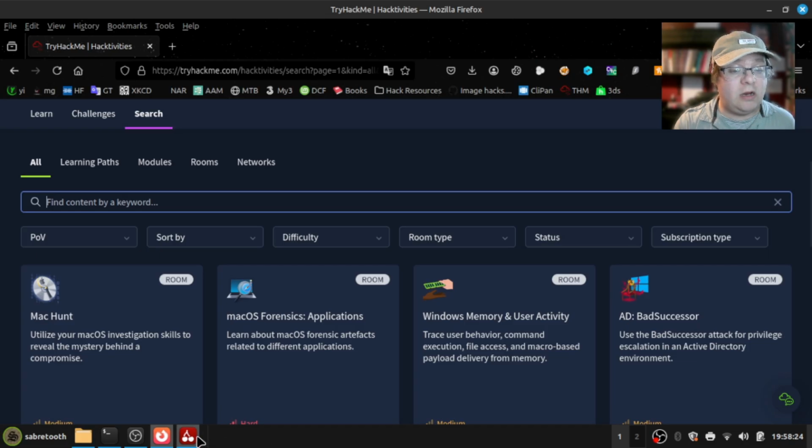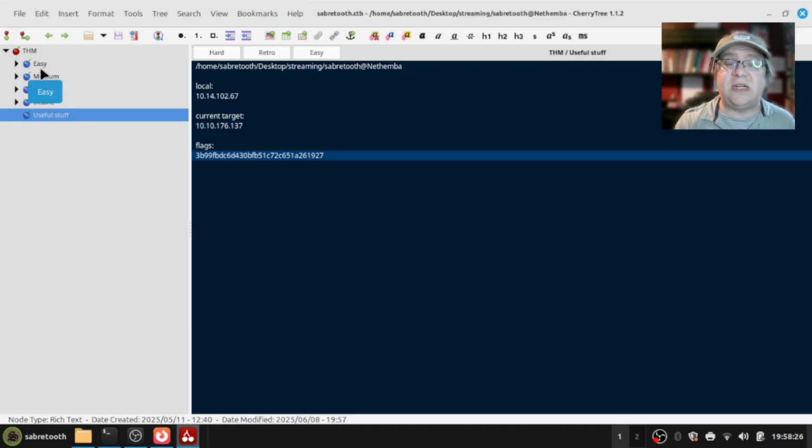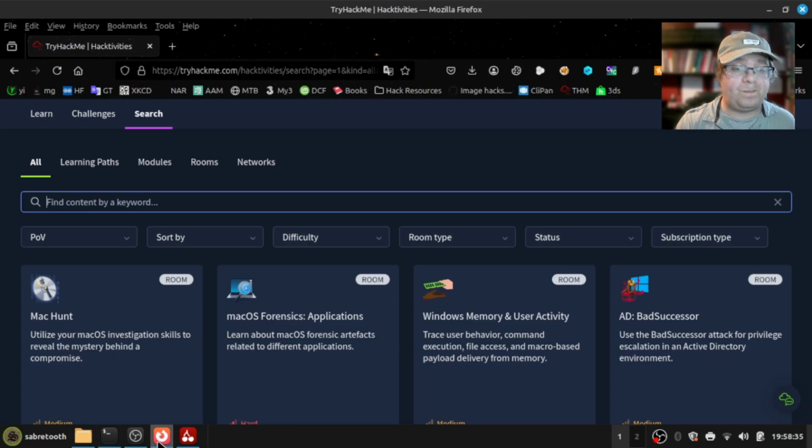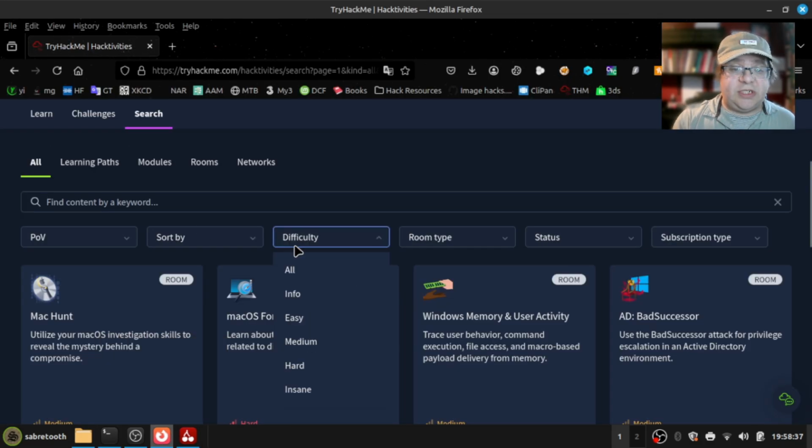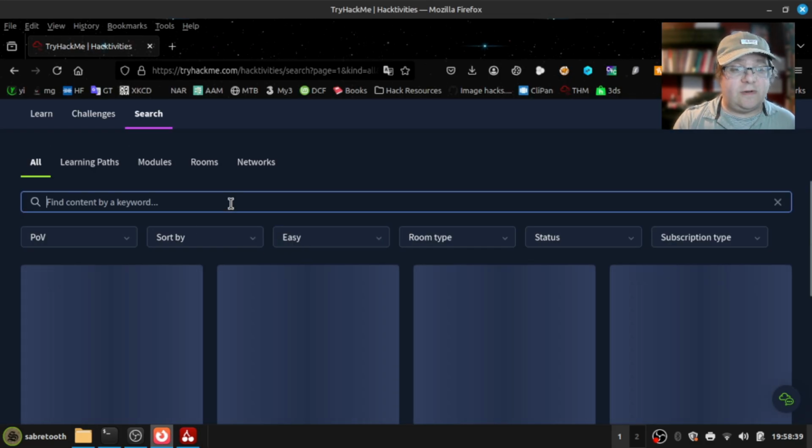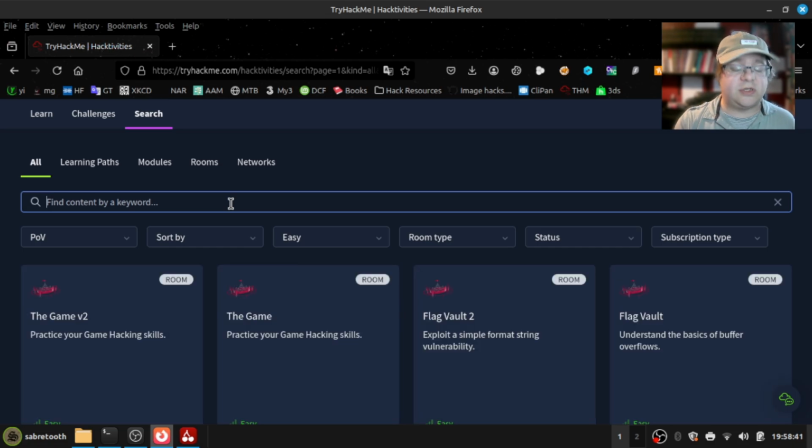Now, generally, I only really do easy and medium boxes when I've been given a challenge, but I thought in this case, it's 8 p.m., I just want something a bit easier to finish the weekend, Sunday evening. So we're going to set the difficulty to easy, and we're going to look for, I don't know, I'm just going to put my hand on the keyboard and just